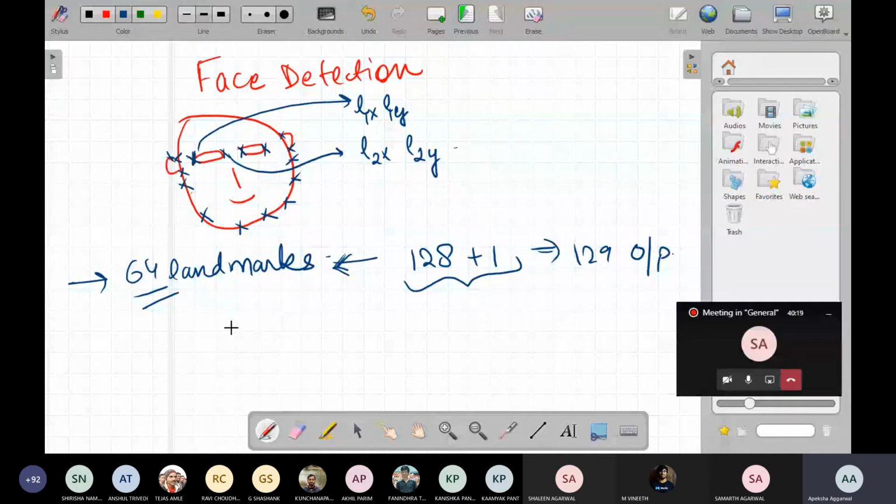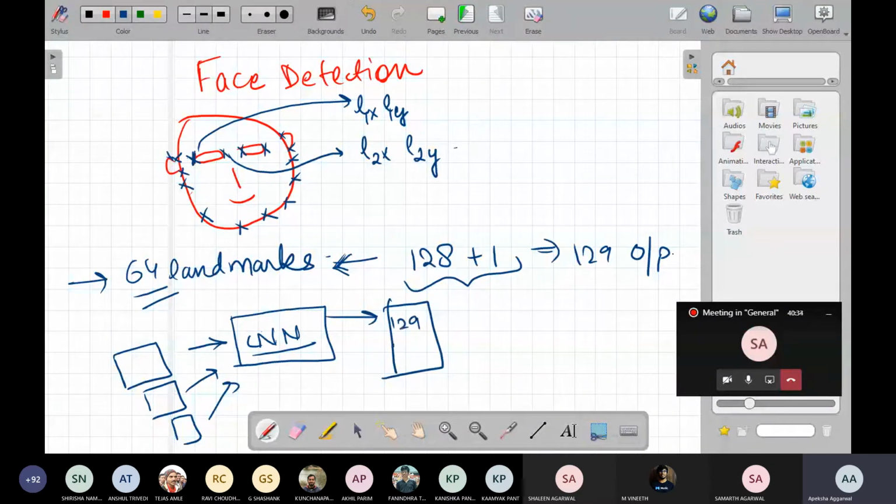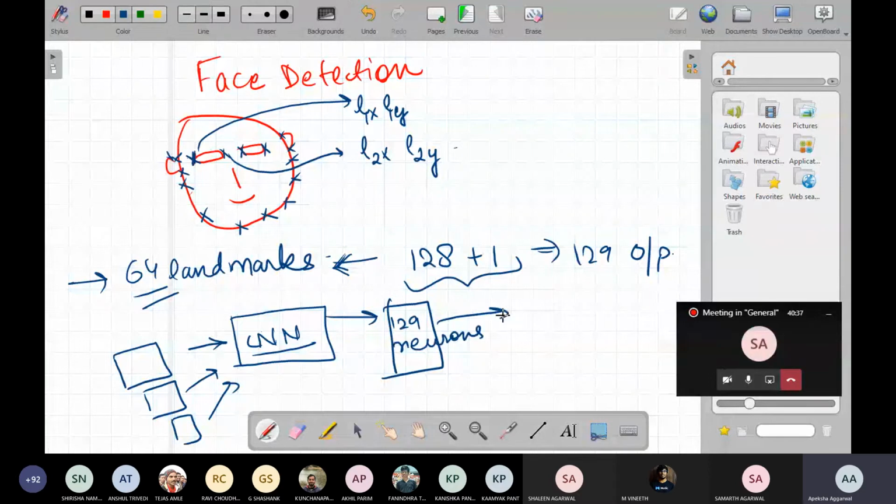So the input of the convolutional neural network, or whatever neural network we have, it can be any network, would be a set of images, and the output layer would have 129 neurons. This would be my output.